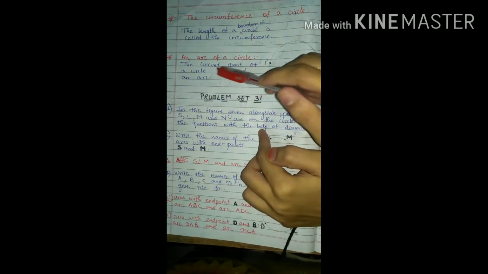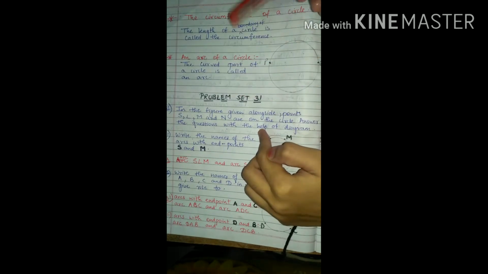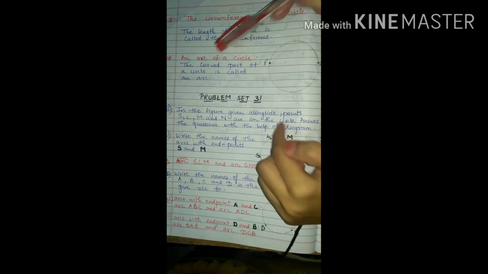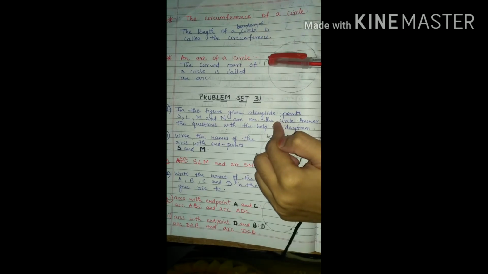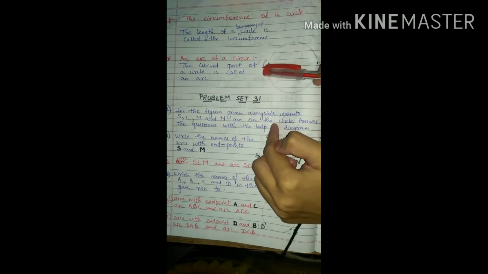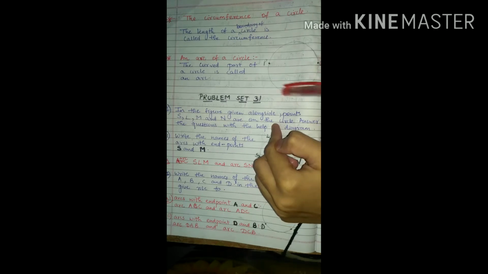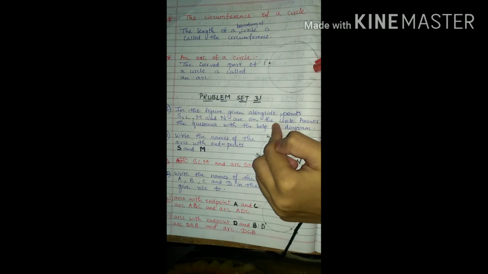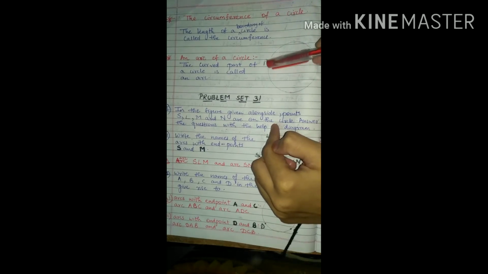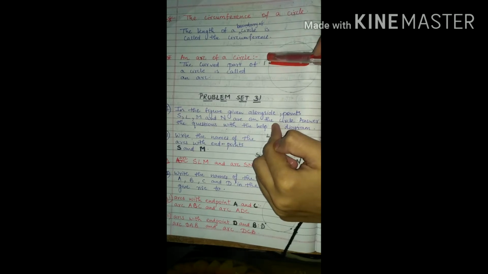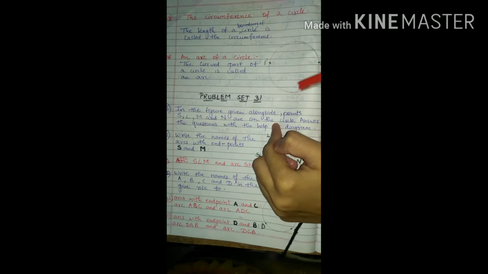Now see, what does arc of the circle mean? Arc means what? The curved part of a circle is called an arc. See, this is the curved part, and this curved part is called an arc. Now you can see P and Q points on the circle. So this PQ makes an arc. See, one arc here, one arc downside. So this PQ divides the circle into two arcs, one upside and one downside.